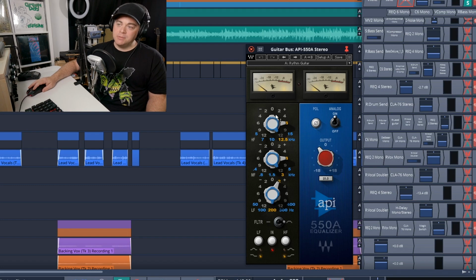You have your 3 knobs here, but there's actually 6 because there's an outside knob and there's this inside knob here. And the outside knob controls the amount of the frequency that you either want to add or take away. And then the inside blue knob here controls the frequency that you want to set it at. So you can see each one has 5 frequencies that you can select from, and it can go from -12 to +12 for each frequency that you choose.